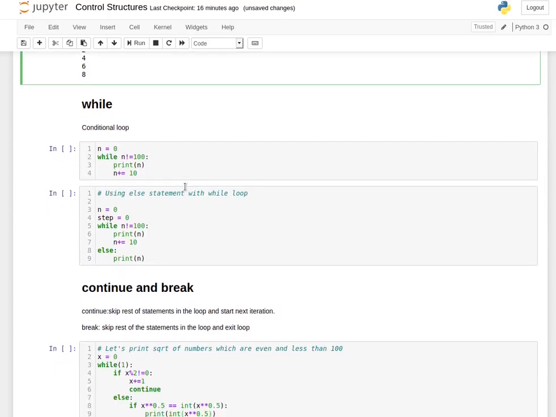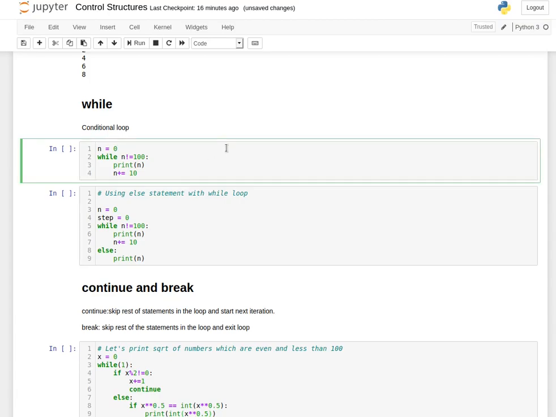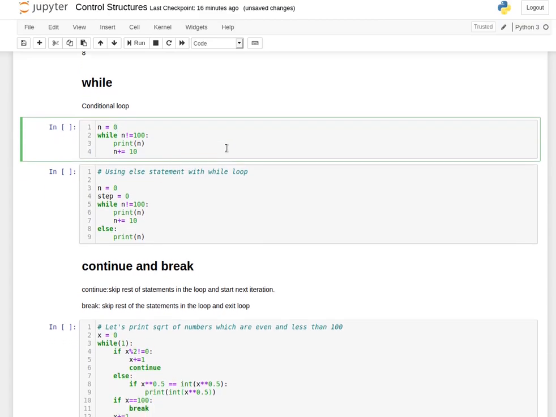Now moving on to the next loop, while loop. While loop is basically a conditional loop and often referred to as the least complexity loop. Often if you have gone through algorithms, time complexity, you'll know while loops are considered lesser complexity because of the conditionals we can provide in them, but it's not always the case, know that.